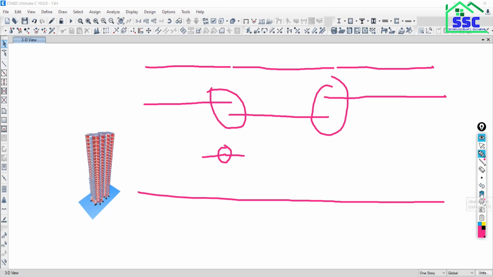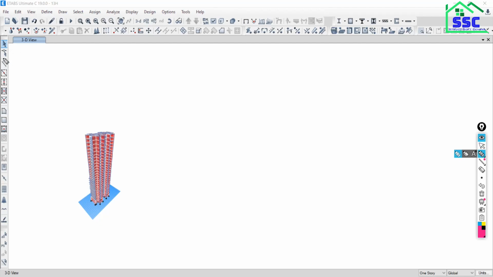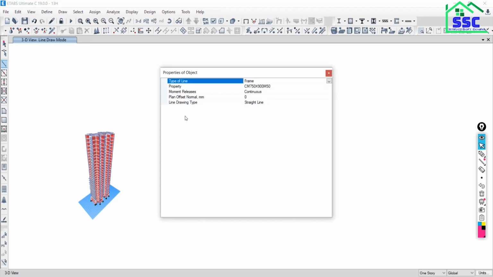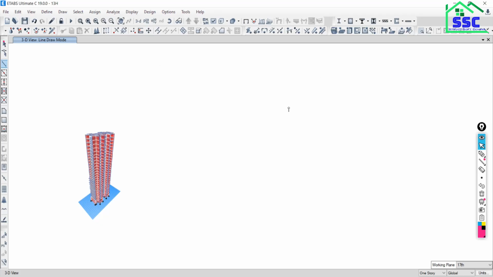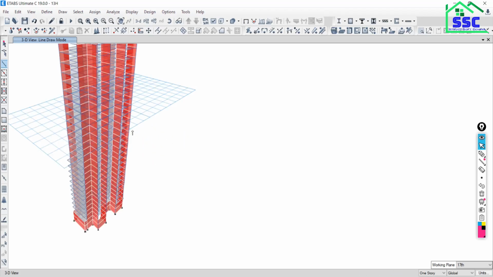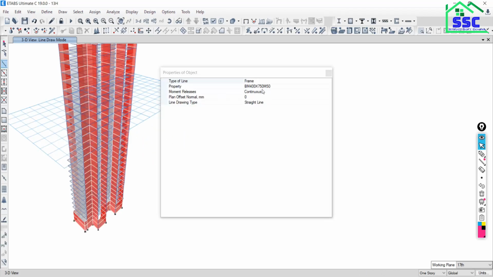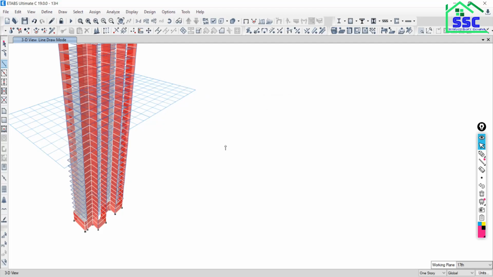So how to correct this error? So let's check. Take one beam. Just close this, okay, it should be beam. Just close this from this point. Okay, we are actually in 3D view.